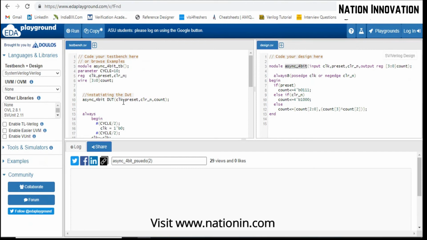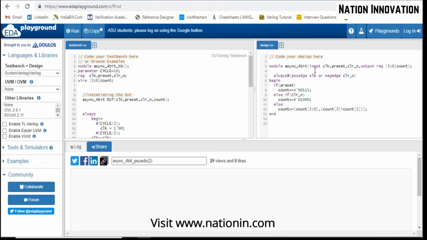If we change the order, if we write preset first and then the clock, it is not going to work, because there are two types of connections: one is order-based and one is name-based. Here we are using order-based. So clock is connected to this clock, preset is connected to this preset, clear is connected to this clear, and output count is connected to this.